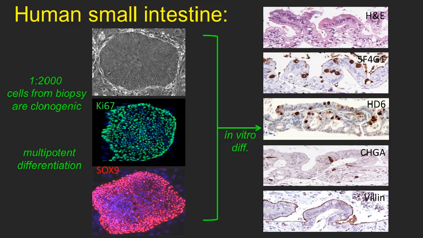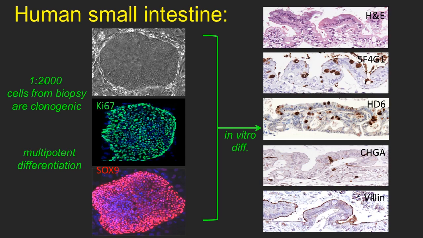Just like Howard Green cloned the epidermal stem cell, this is an example of a single clone of human small intestine stem cells. There's a colony there of about 1,000 cells. Underneath that, it shows the Ki67, sort of uniform proliferation, and SOX9 is just a marker of these stem cells in the crypt. Now, early on, Wang showed that you could differentiate these in a simple air-liquid interface,